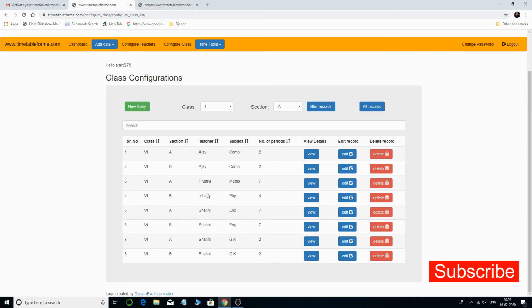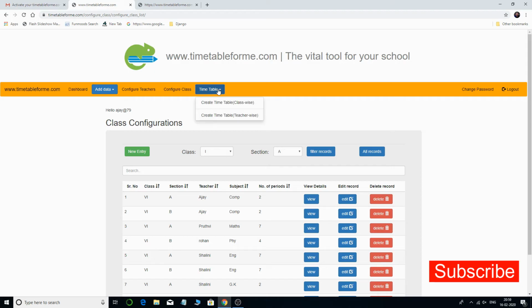Basically for 6B I had not taken the teacher Rohan for 6A, but over here in 6B I'm taking Rohan physics 4 periods. That's okay. So you can configure as per your requirement, and then comes the part that is creating your